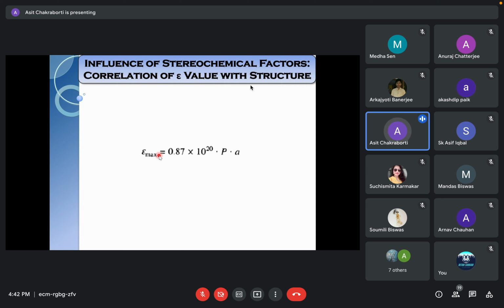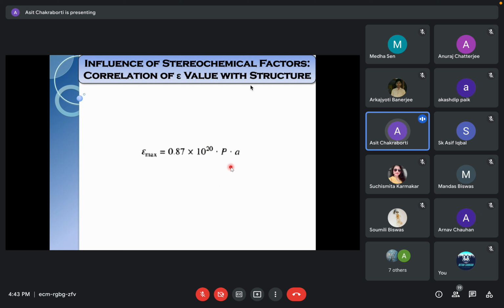And epsilon value depends upon the transition probability primarily. That's why n-pi star transition is a very weak intensity transition. We rarely use n-pi star transition for routine chemical analysis. It is only the pi-pi star transition we take, whether enone or diene system. Since the values are to the tune of 10,000, plus minus 5, plus minus 10, even plus minus 100 does not matter. So when there is a simple structural change in the molecule, we do not bother about a minor deviation in the epsilon value. We only concentrate on the lambda max value. But when the change is more than 1,000, then you cannot avoid it.